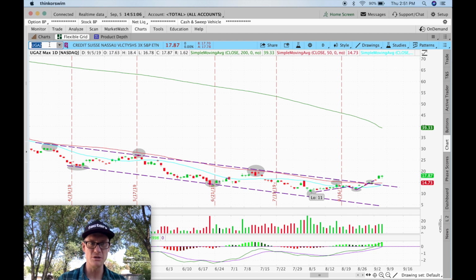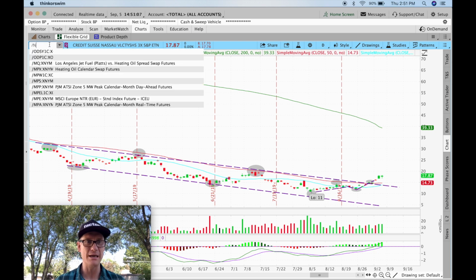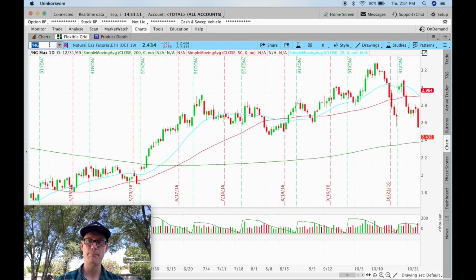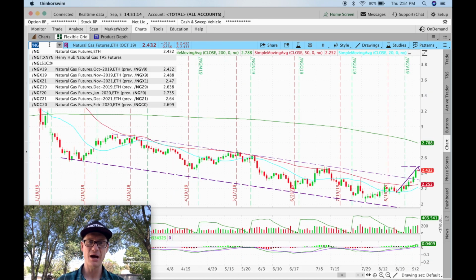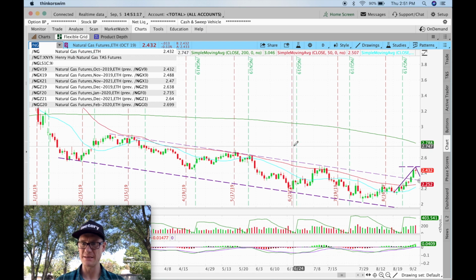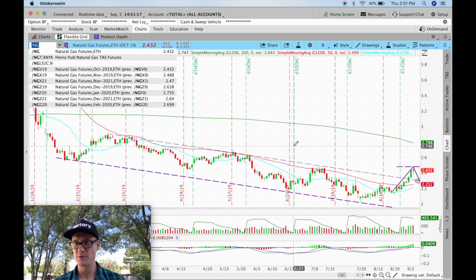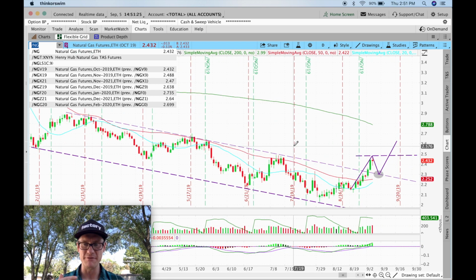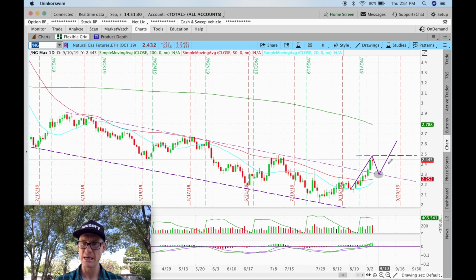Let's go back just so you can see this one more time on natural gas /NG. But once you see the break of the previous higher high, we know we're looking good. And that's going to come in the form of a bounce off the top of the channel and a bounce off the top of the 50 simple moving average. So looking right in this area, that's what we want to see. The pullback and the go higher. So keep your eye on this.